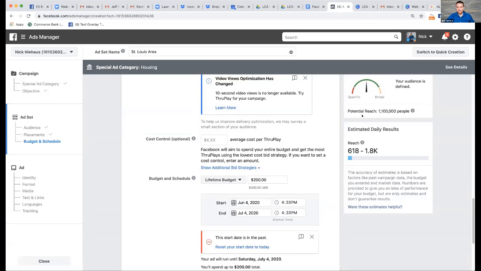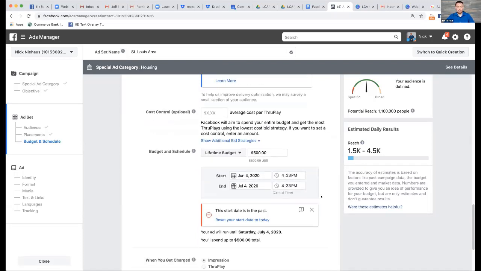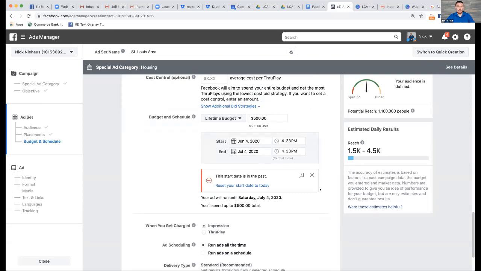And then over here, it's going to tell me approximately how many people are going to be exposed to my ad as a result of that money, right? So I've got, okay, I'm going to spend 200 bucks over a period of 1 month, and about, you know, 600 to 2,000 or so people will get a chance to see my ad every day for that amount of money, right? If I change this back to, I think it was at 500 the first time, you'll see that that number over there increases, right? Because I'm spending more money, so it's going to show it to more people. So you have total control here, right? You can spend as much or as little as you want. And if something's working, don't be afraid to put more money into it and then see what that does.